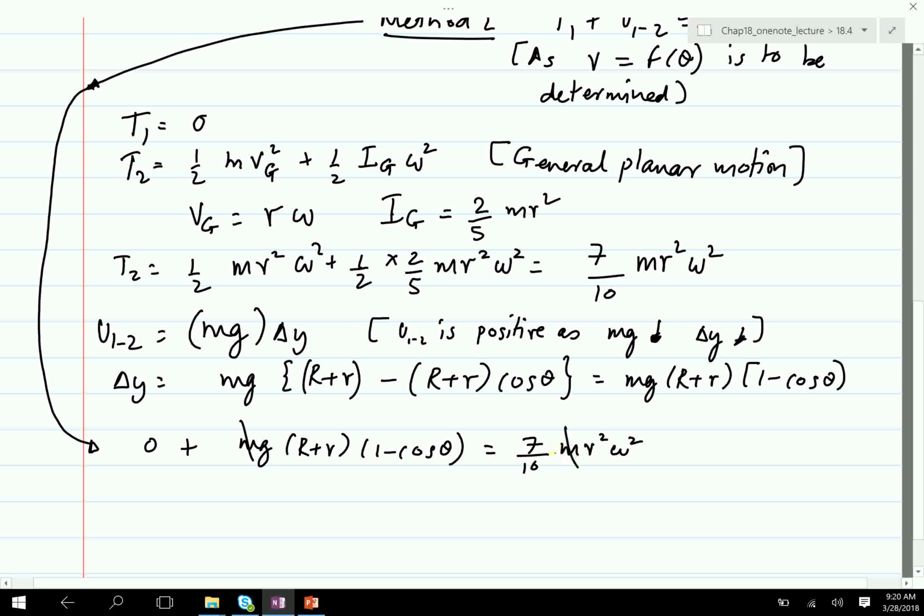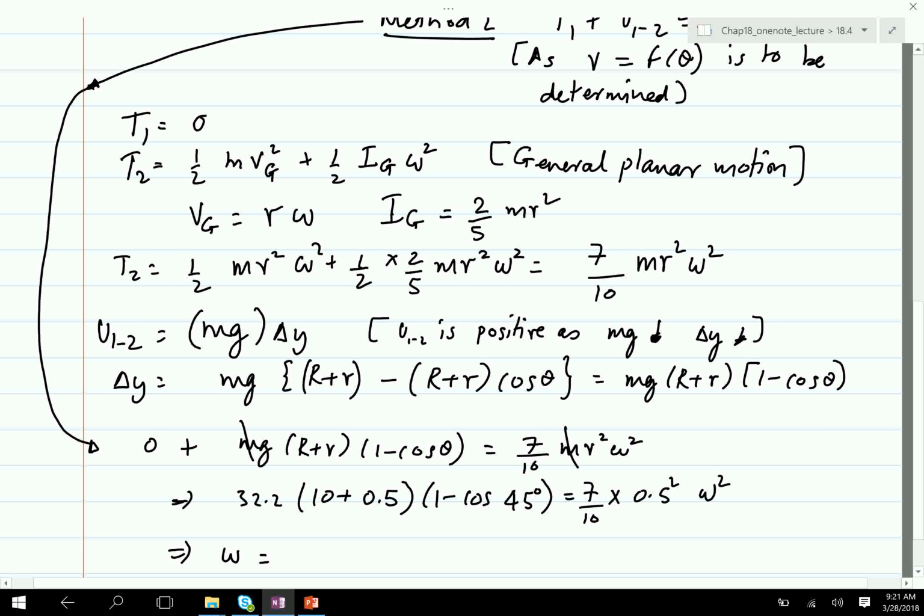So m goes away, g is 32.2, capital R is 10, small r is 1.5. 1 minus cosine of 45 degrees equals 7/10 of r is 0.5 square, and omega square is the unknown. So if we solve for omega, you get